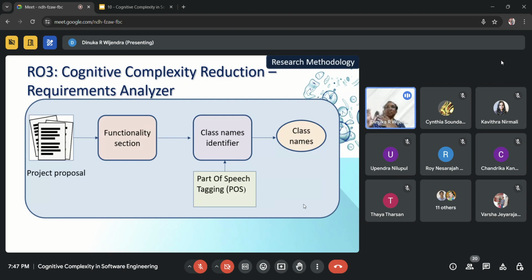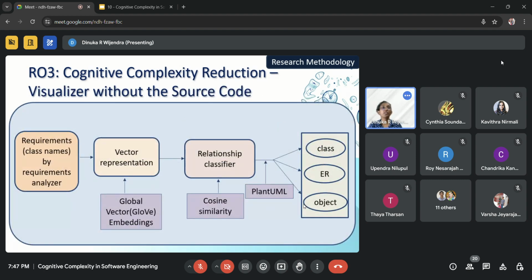Just by reading the project proposal, the computer cannot build the code, because that is still done by a human. So as the initial process, I have identified only the possible class names or possible things which have to appear inside the source code.